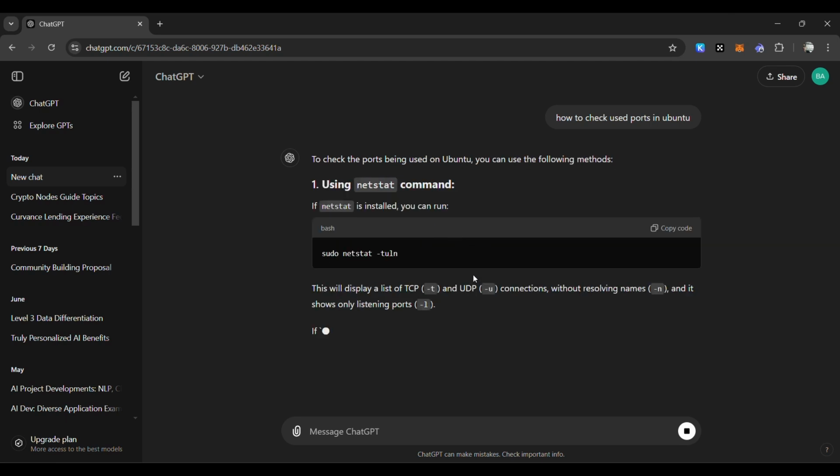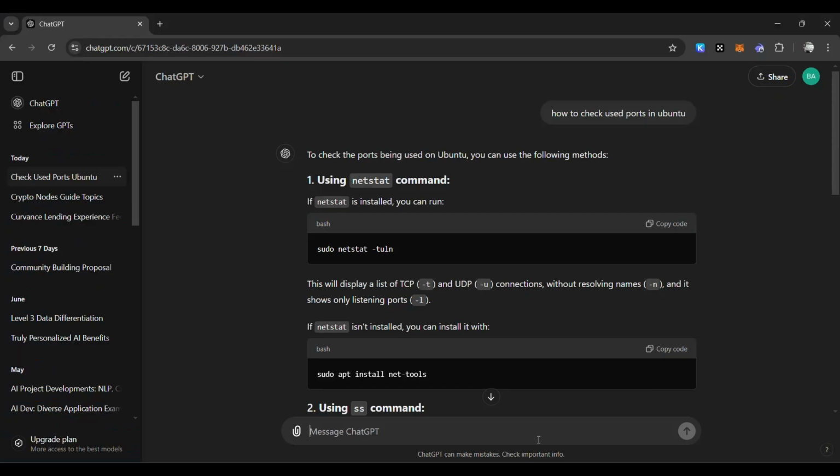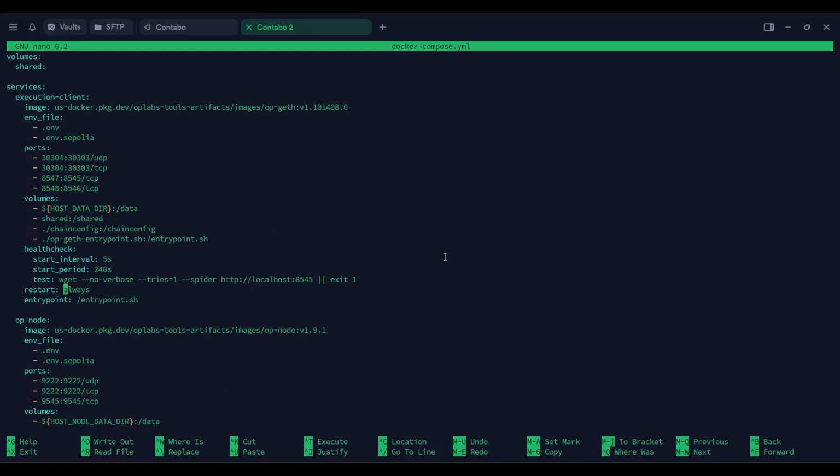Then you use this code and check what port the other project is using. Also, you can copy this whole Docker Compose file and give it to ChatGPT along with the error. Once you get this error, copy the error, copy this code, give it to ChatGPT and say solve it. Then it will actually solve it. That's how I got past this port error in the daemon.